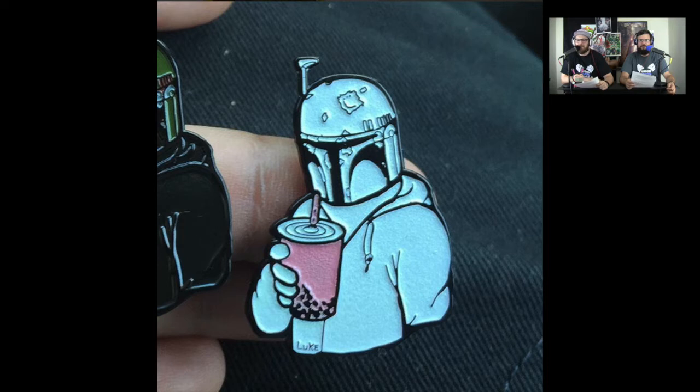Looks like he's got 2 new colorways of this pin at San Diego Comic-Con, one being the OG and one being a glow-in-the-dark version. So this is like a new thing for pins, I feel like, as of late. I've been seeing more glow-in-the-dark enamel pins. And a third one that Luke got a little bit excited about, said it was going to be SDCC, but